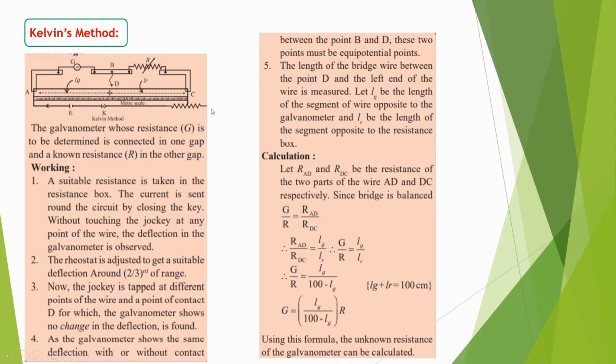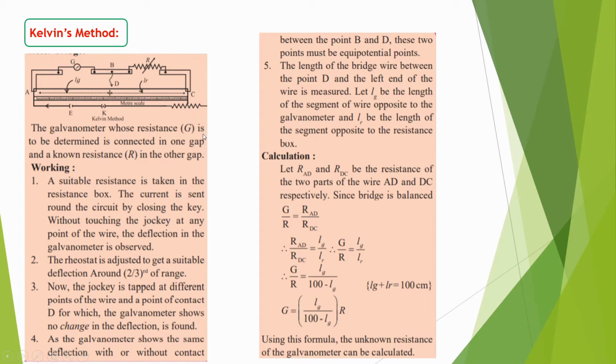While we see the diagram, it is similar to that of the meter bridge. So what is the change from the meter bridge? In the meter bridge, we connect the galvanometer between points B and D, and in the gaps we take the unknown resistance X and the resistance R. In this case we make the change only like that. We take the galvanometer from this position, and we connect in place of the unknown resistance, because we can determine the resistance of the galvanometer. So in one gap we connect the galvanometer whose resistance is to be determined, and the resistance box R is connected in the other.